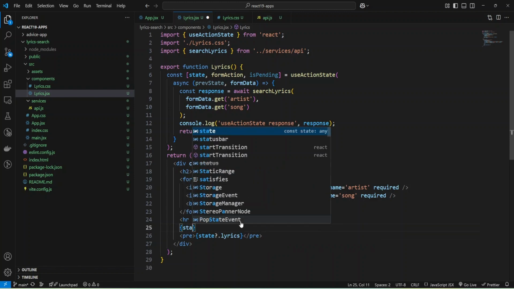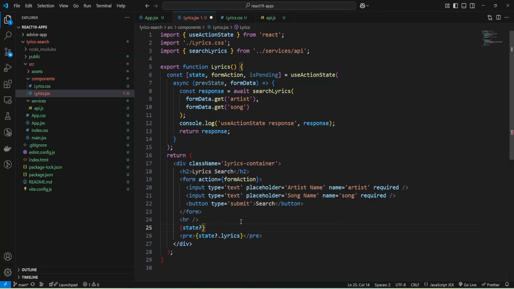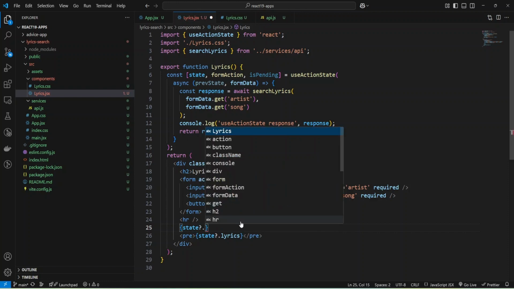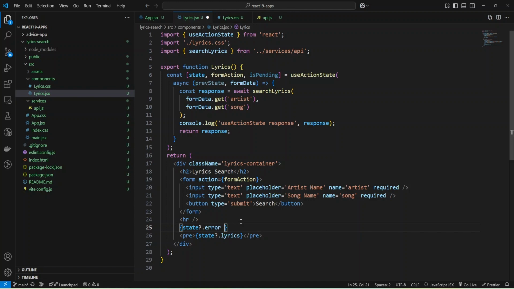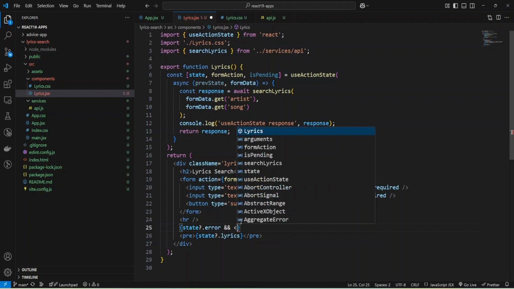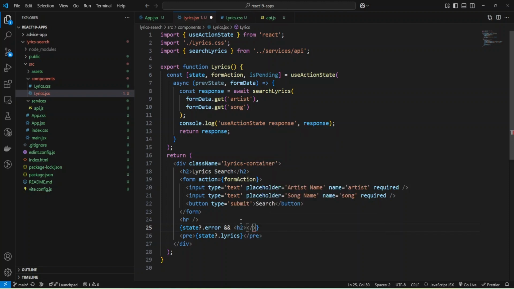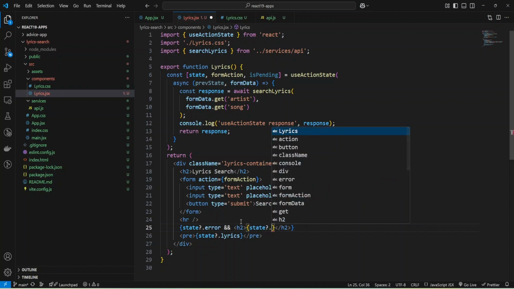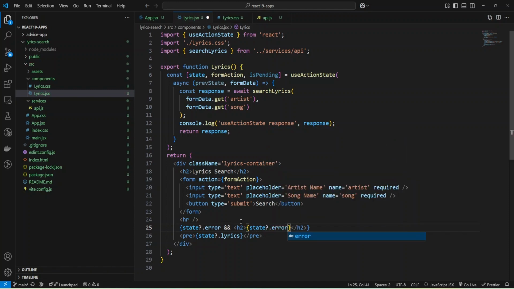Let's check if we have state, and we have state error, then let's add some h2 tag, and close this h2, and provide our error, and add state and this error.